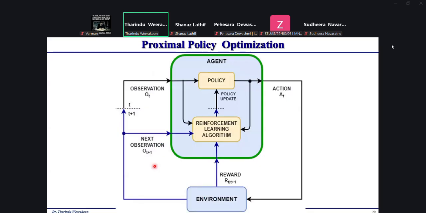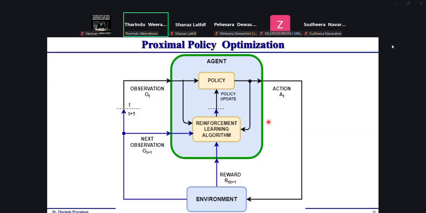Then this is a rough flow chart of how the signals flow in the algorithm, just to give you a quick understanding about the difference between Q-learning or EMQ learning and the PPO.